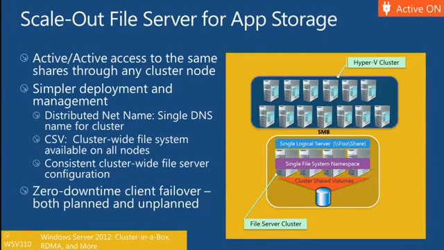All you do is set up in DNS multiple IP addresses for that server, and that allows all of the clients to come in and load balance. So any single client will come to a single node. But if you have, say, 60 clients or something like that, they'll then load balance evenly across all the nodes. And so with that active-active capability that's enabled with clustered shared volumes, we can now load balance across all the